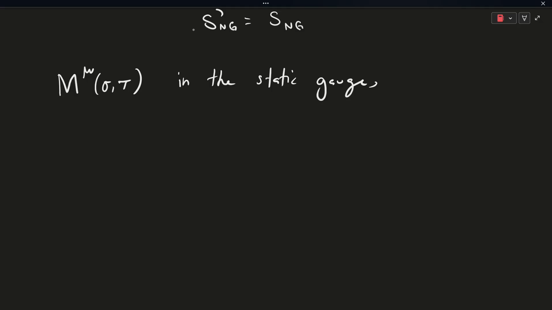So we're going to set some relation of tau to X^0, and that is simply equal to c times t,